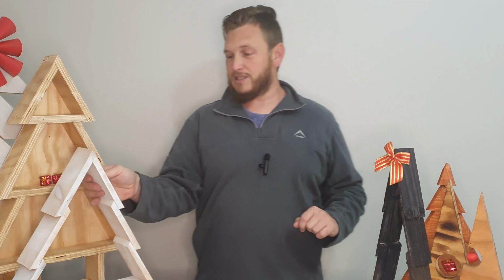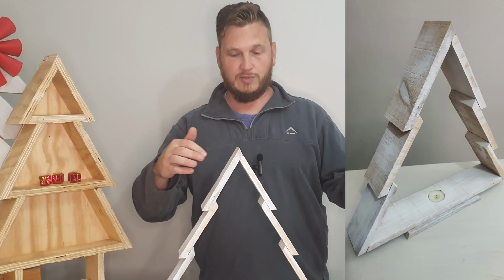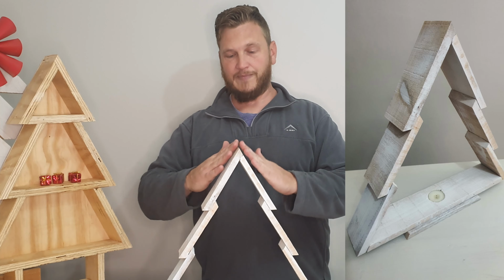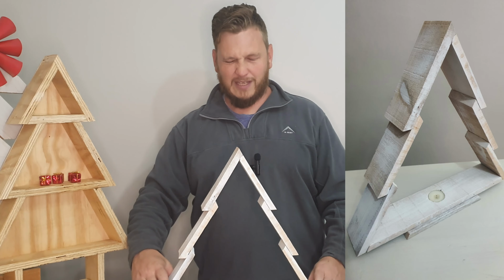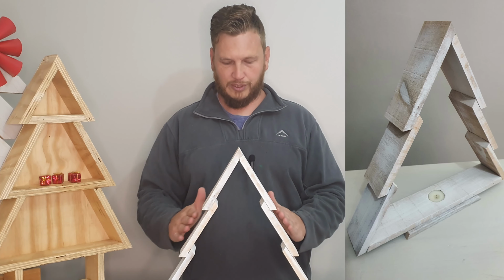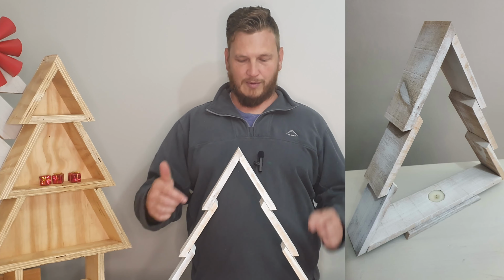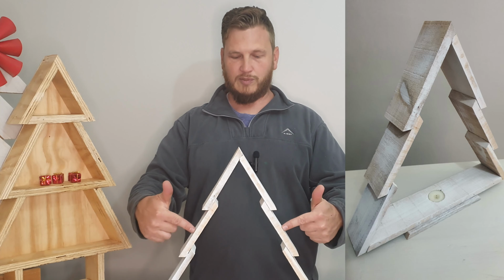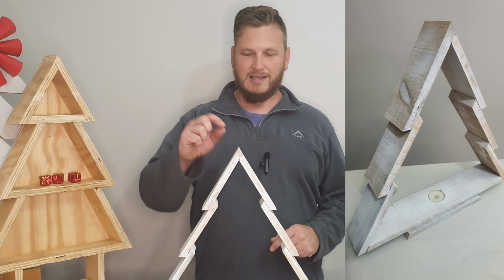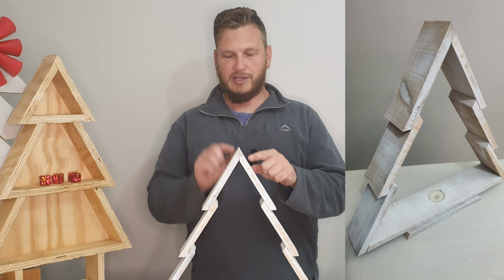Now, a similar one to this is probably the most common one that you've seen in many places. Very similar design to this one, but instead of 30-degree angles, this is 60-degree angles, making a fatter tree, or a wider angle tree. Similar design, two on top, put them on the inside. What's nice about these is all the cuts are mostly the same. These two bottom ones, these two middle ones, and this top one are basically the same size. This one is only the thickness of this plank longer than the others